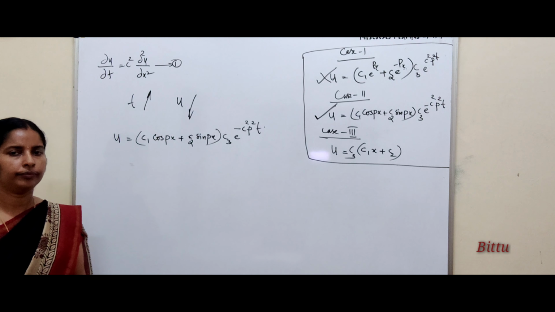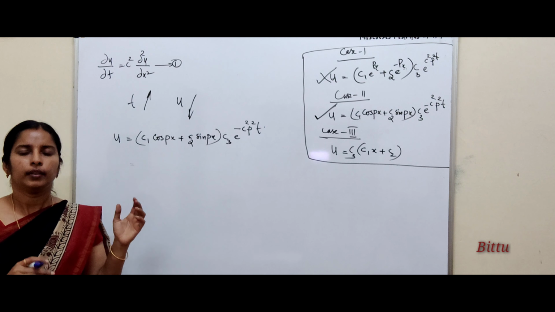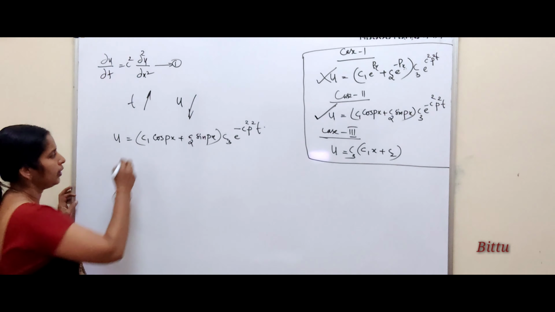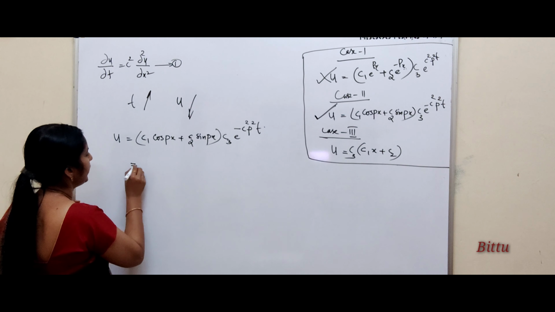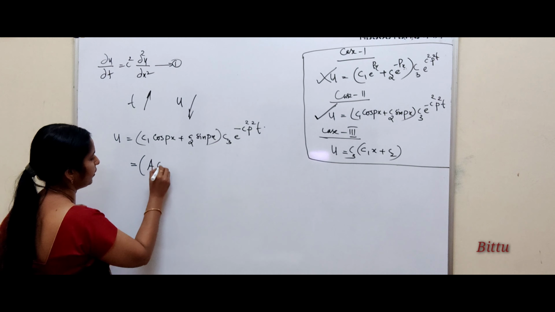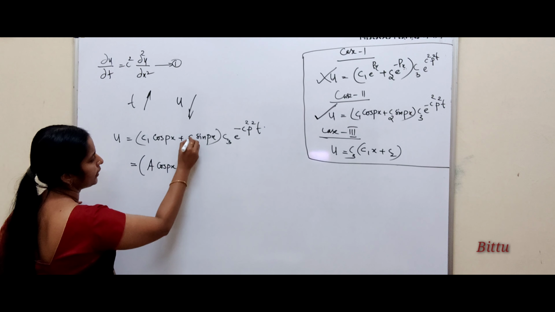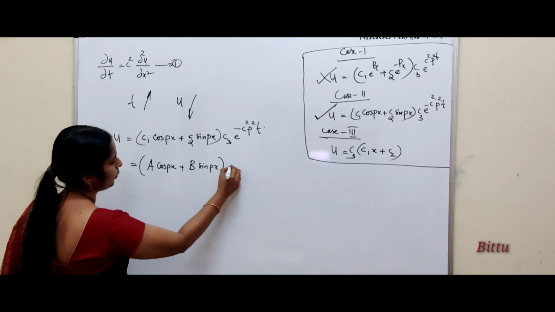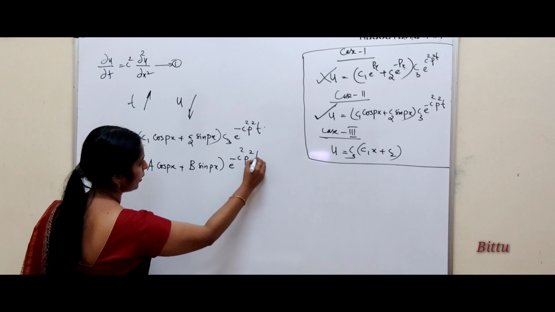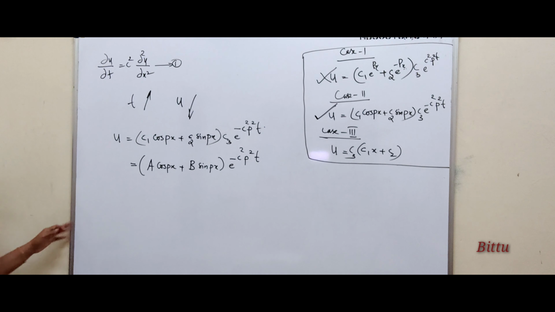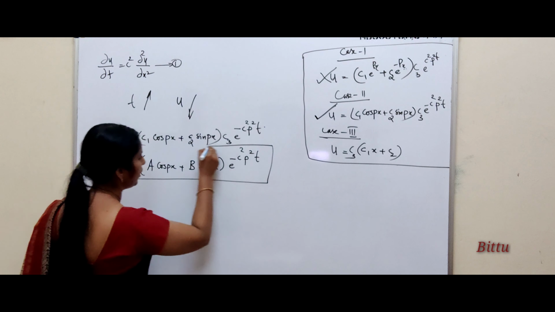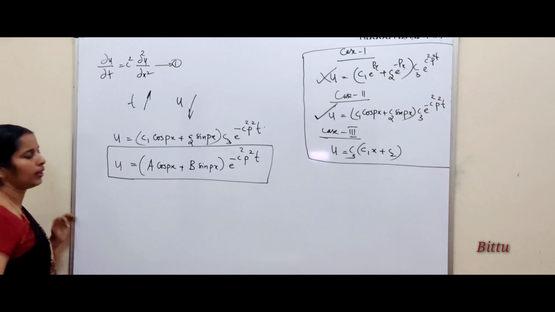See, in this solution, here C1, C2, C3 and p are arbitrary constants. By looking into the solution, C1 into C3 is another arbitrary constant, that will be A. So A cos px. Again C2 into C3 is another arbitrary constant, B sin px into e raised to minus c square p square t. So we can notice that this is the solution of the heat equation by variable separable